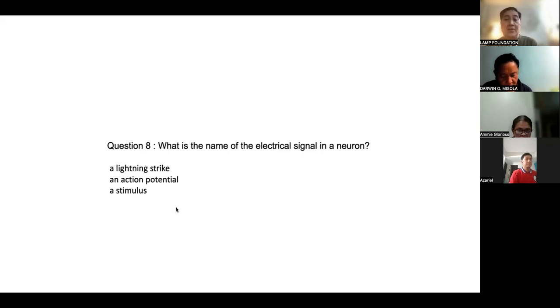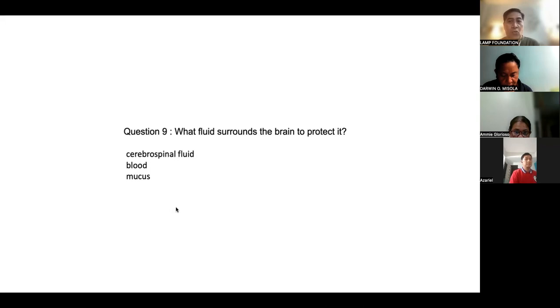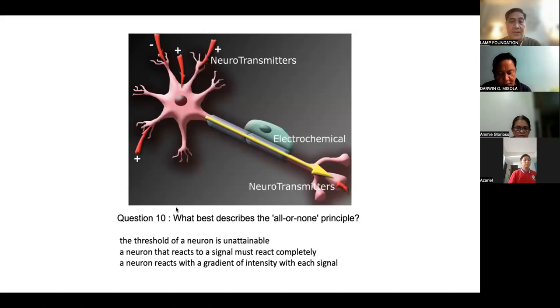What is the name of the electrical signal in the neuron? It is an action potential. What fluid surrounds the brain to protect it? Cerebrospinal fluid. Yeah, this is what we shorten as CSF, okay? What best describes the all or none principle? A neuron that reacts to the signal must react